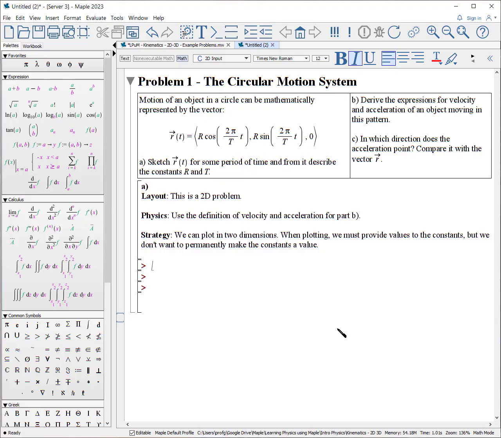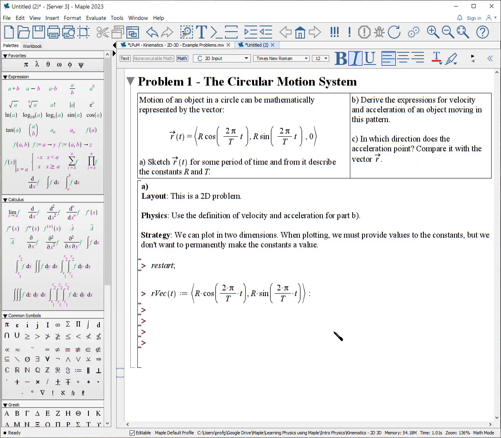Let's get started. We begin with a problem that involves a parameterized expression for position involving big R and big T, which claims to show circular motion. And this will be clearly in the X and Y directions, no T component. We are to sketch this out for some example values. We are to derive the expression for the velocity and acceleration, and we're supposed to describe how the acceleration